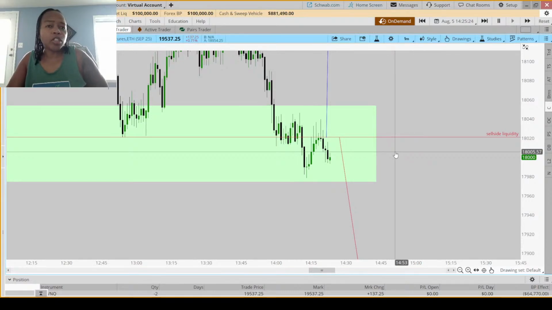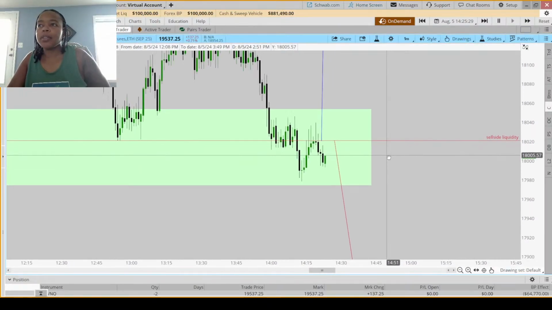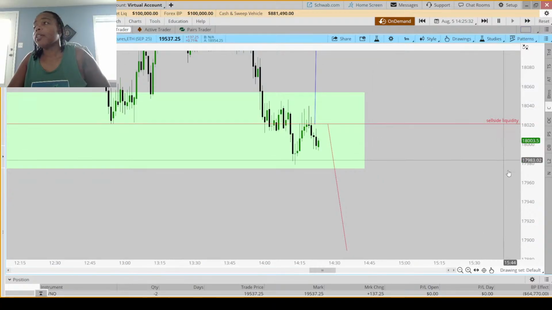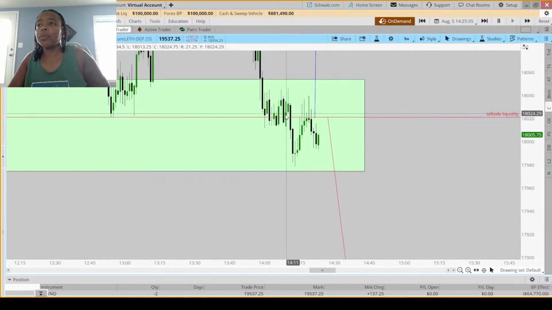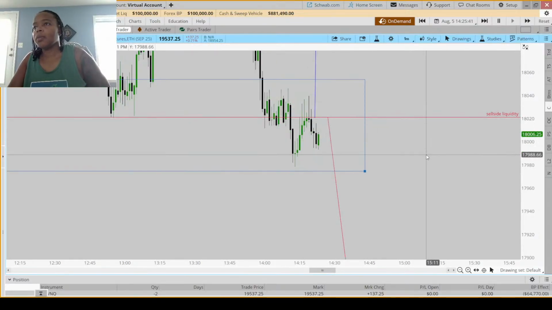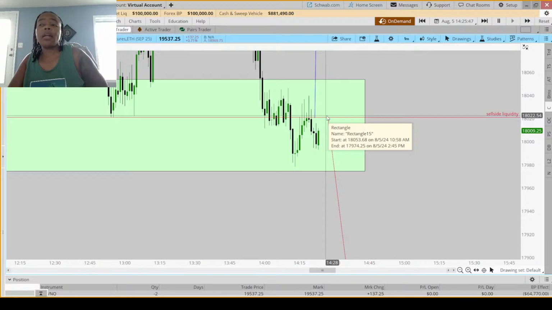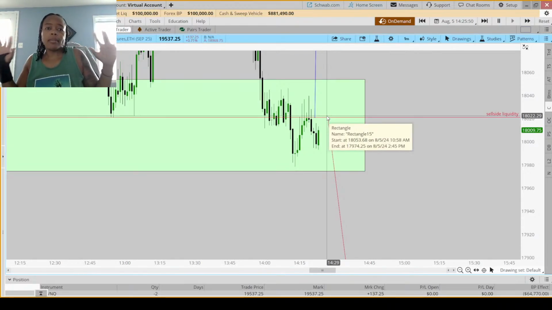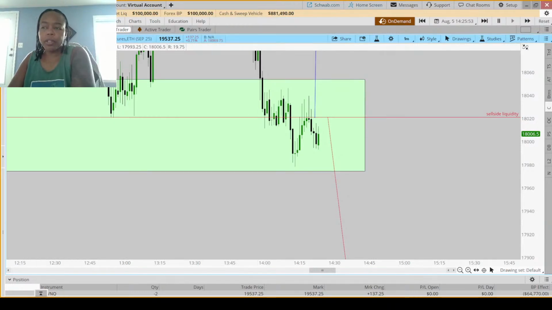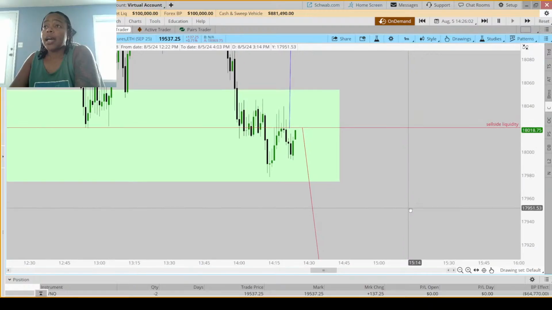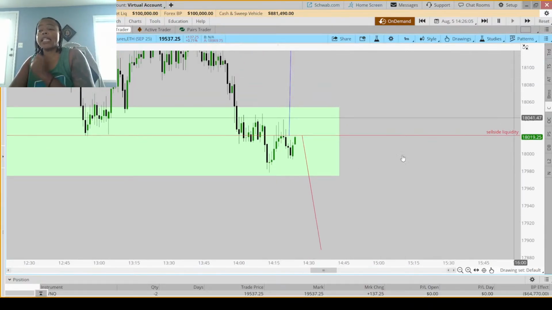But I found that whenever I try to change my bias and things, it just doesn't work out for me. But this is one of those situations where if I took this short, it would have been at the order block, and then we would have been in some profit there. Fair value gap, I would have moved it right above the midpoint here and taken my hands off the wheel and said, whatever. But I'm looking for a certain behavior. We took some liquidity and I haven't seen the behavior that I want for a long. So I haven't taken anything. I wouldn't have taken any of this.